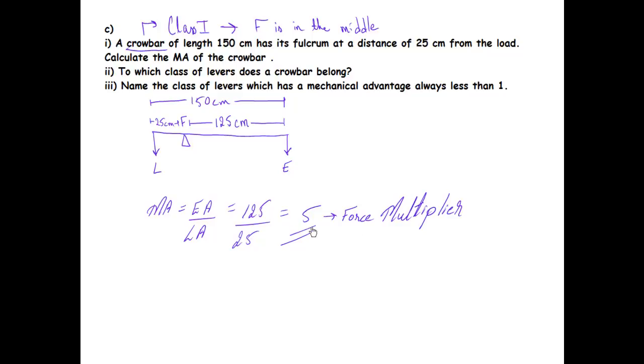By the way, I hope you all know that a class 1 lever can either behave as a force multiplier or a speed multiplier depending on the position of the fulcrum. If the fulcrum is quite towards the effort, then it is a speed multiplier, and if it is towards the load, then it becomes a force multiplier. And if it is right in the middle like a seesaw, in that case its MA will be 1, and as a consequence it will neither be a force multiplier nor a speed multiplier.